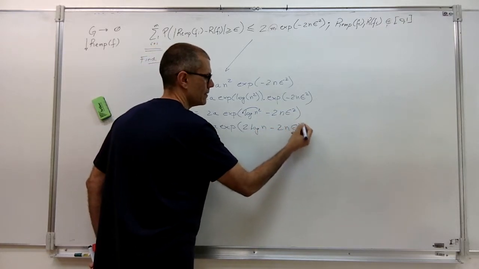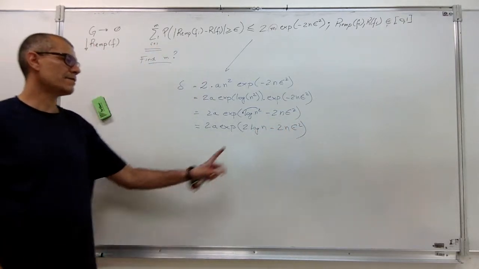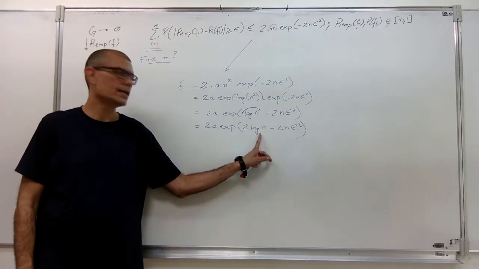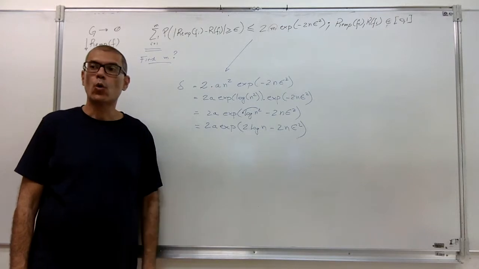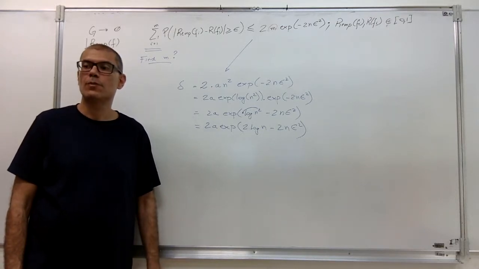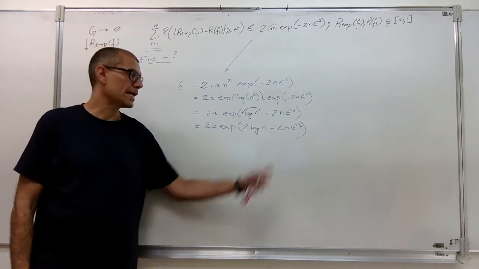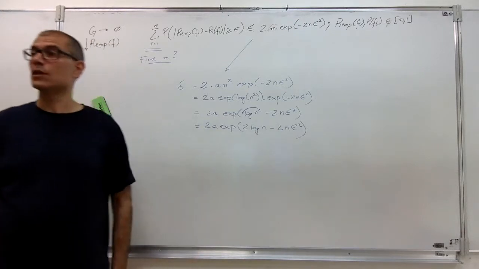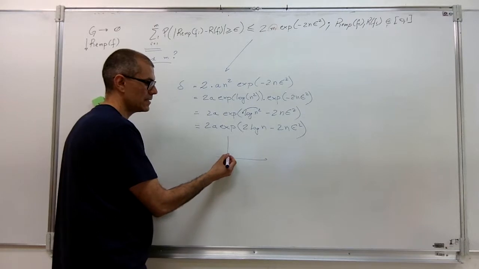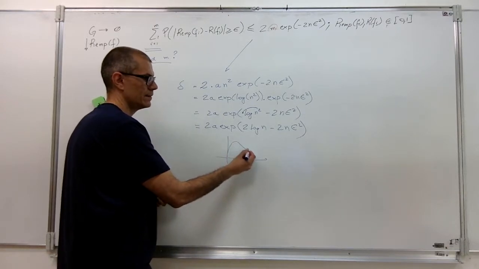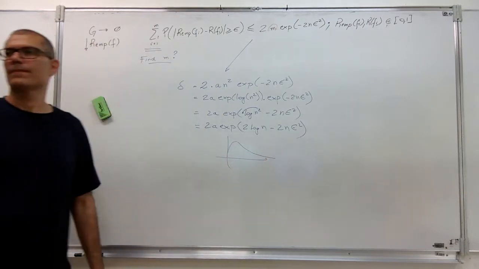And this is amazing because now I can see I have a logarithm function and a linear but negative function. Which is going to dominate the process? The negative term. So this is going to converge somehow. It's going to take some time. It's going to go up and then converge.